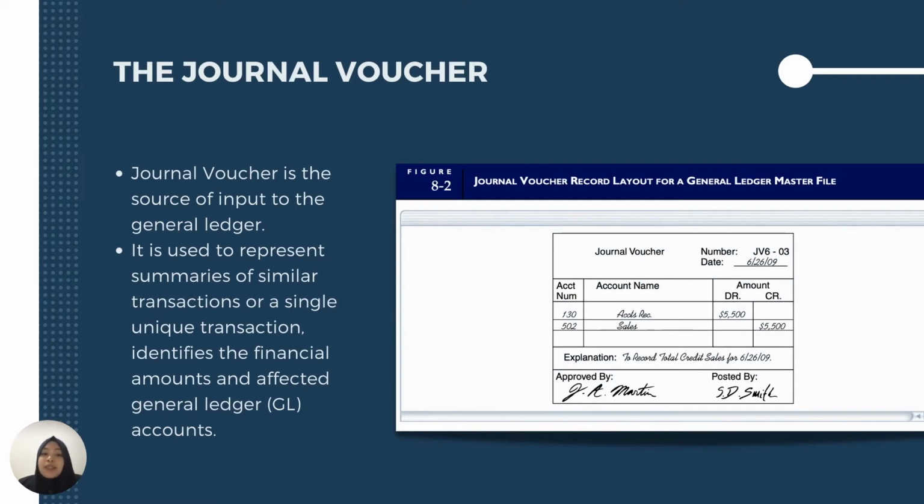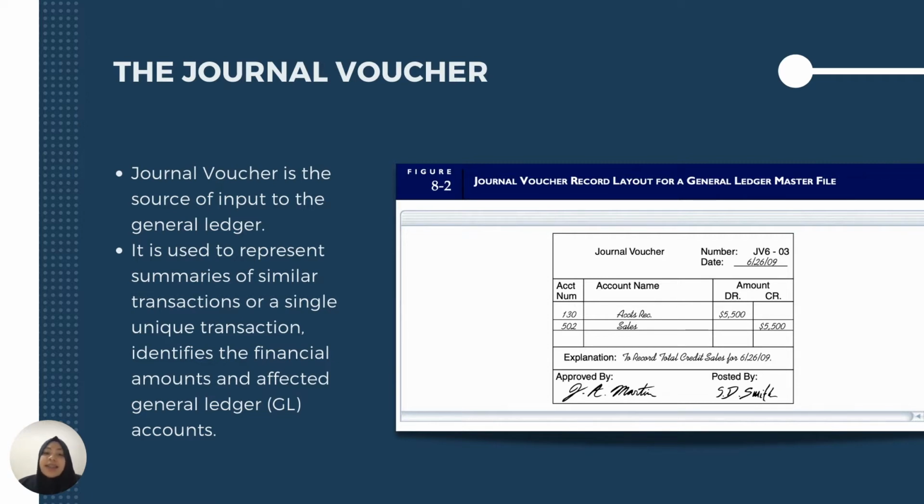Next, we will discuss the key elements of the General Ledger System. First, we have the Journal Voucher. The Journal Voucher is the source of input to the General Ledger. It is used to represent summaries of similar transactions, or a single unique transaction, identifies the financial amounts, and affects the